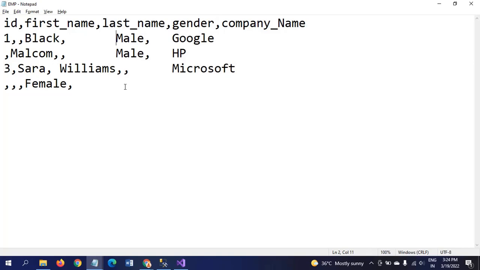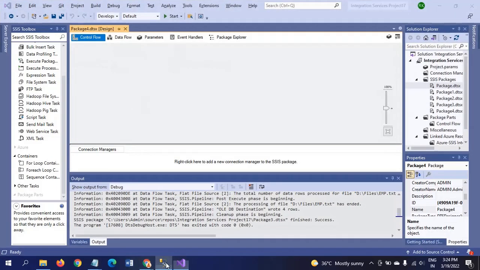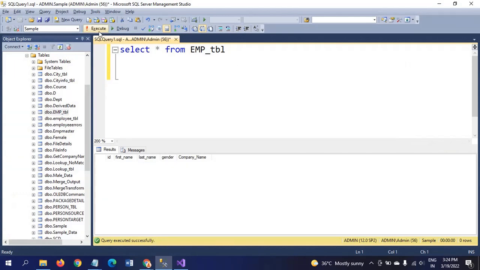Now we will show. Let's jump into the demo. This is my EMP table, having the same columns that exist in the text document: ID, first name, last name, gender, and company name. Now I want to load all this irrelevant data into this table. First,